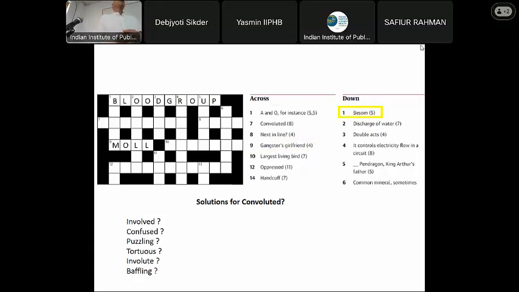Is anyone here from Newcastle in the UK? Besom is a broom. If you live there and you know someone who did, then you'd be able to get that. And of course, when you get through, that reduces your solutions to convoluted, confused or tortuous. You've only got two left. But the broom, you believe that because it's supported by the others. And then you get discharge of water, which is outflow. Yeah, and that means you think it's tortuous. So then you just check it with the